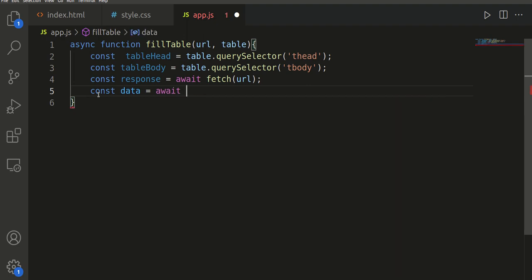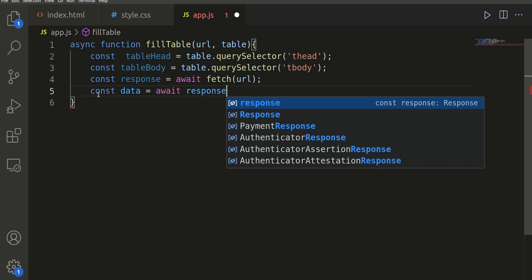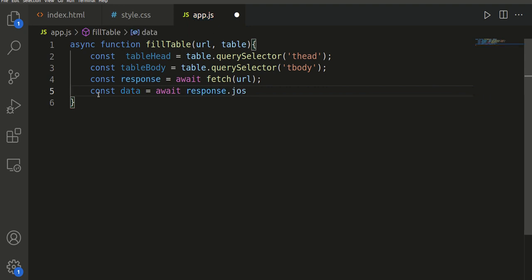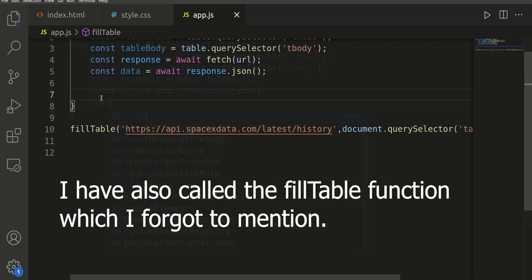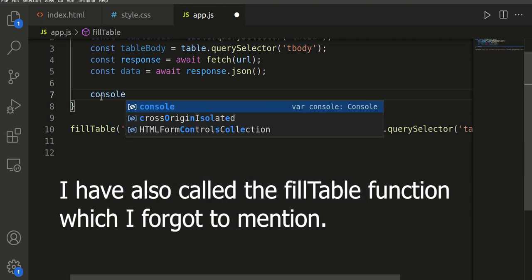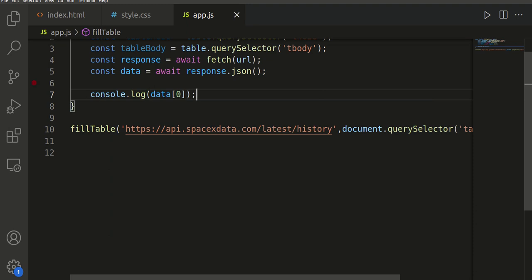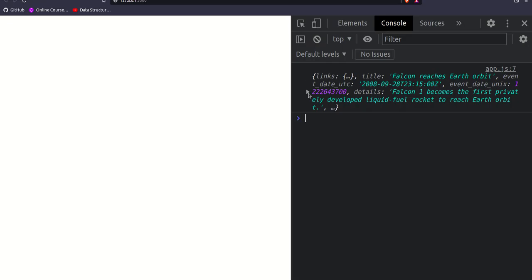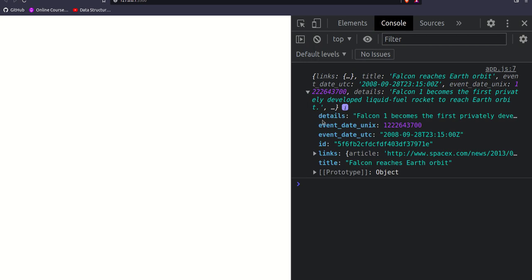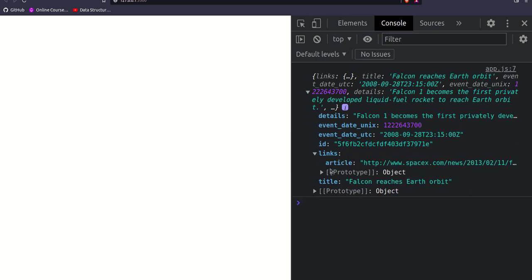Similarly, in this line, we will be storing that response into data and converting it into JSON format. For that also we have to use await for similar reasons. So now I will give you an idea of how our object looks. For that we need to console.log data[0], which will give us the first object of our API. And now we can see we have 6 keys in total, and one of the keys also has a value of type object. So we need to code our logic according to that, so that we can display the value of this key as well.